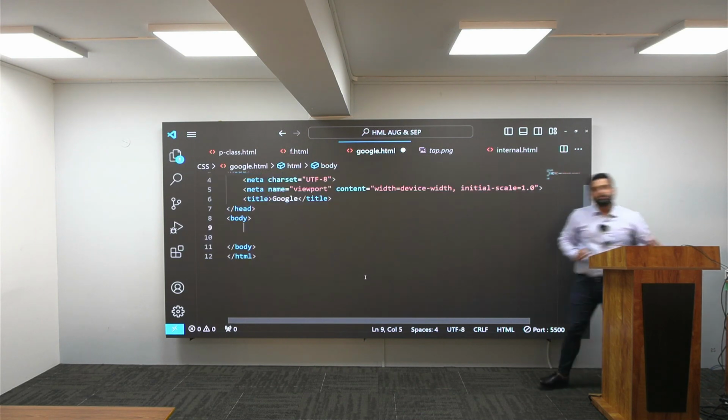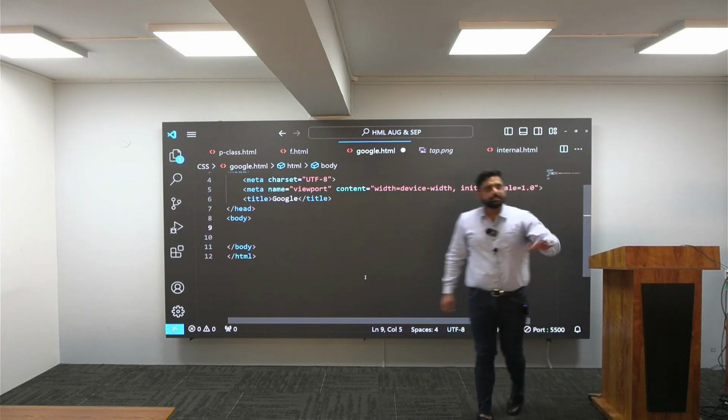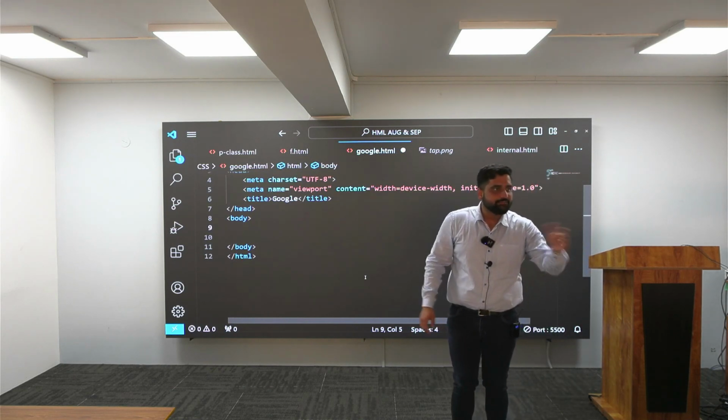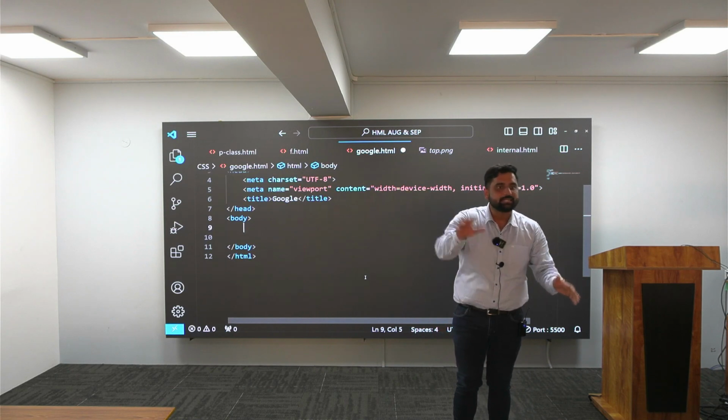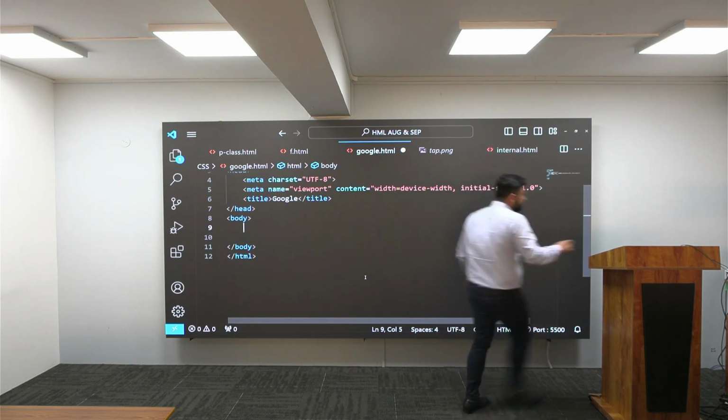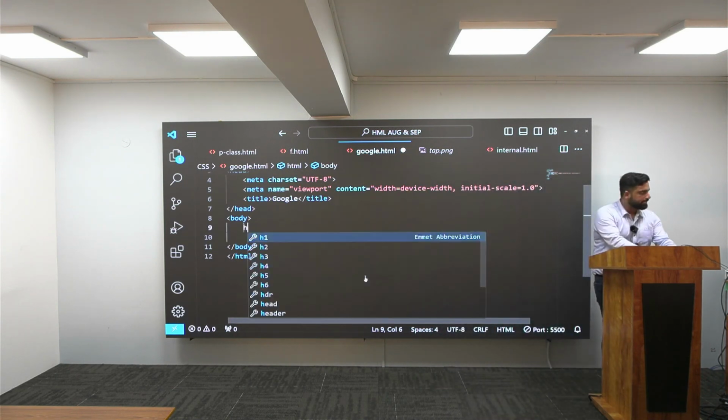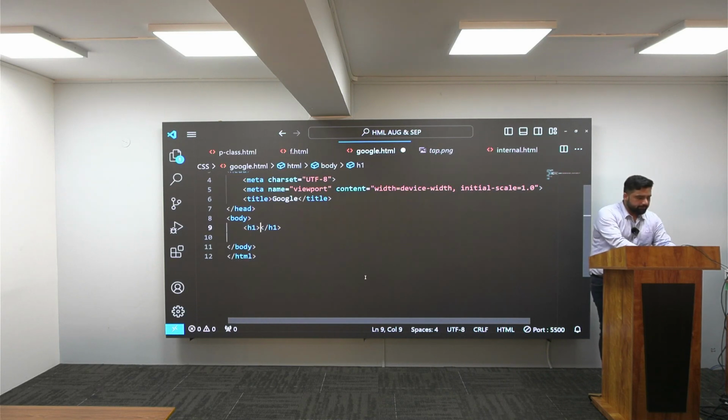Now basically, what are you using, an H1 tag or a P tag? If you use an H1 or P tag, you will not get that Google. So first I will put that Google inside H1. Let's check it out.